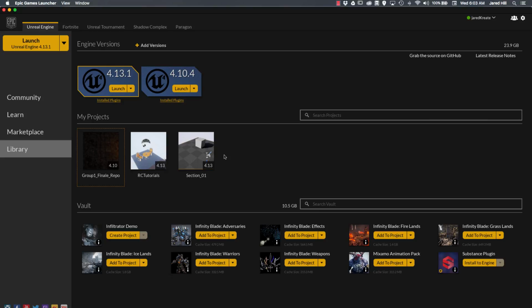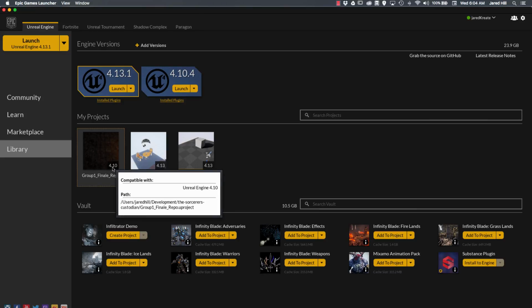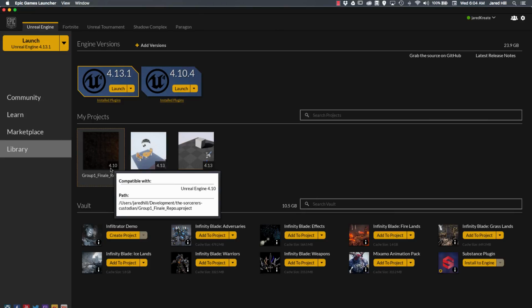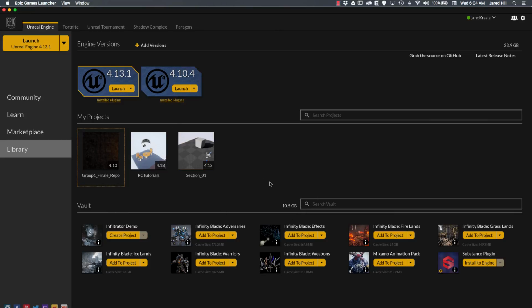then it's pretty easy to go to it and find it. And if you actually have like a lot of different projects, you can search through them pretty easily. The other thing that I wanted to point out is it actually has the version as well, just as a quick glance on the bottom right hand corner of these images, so you know immediately what version that you're going